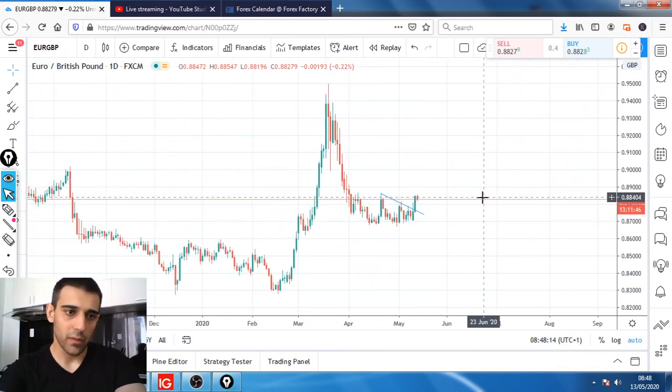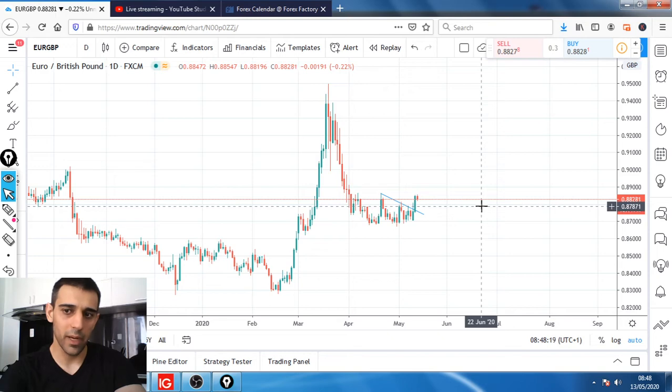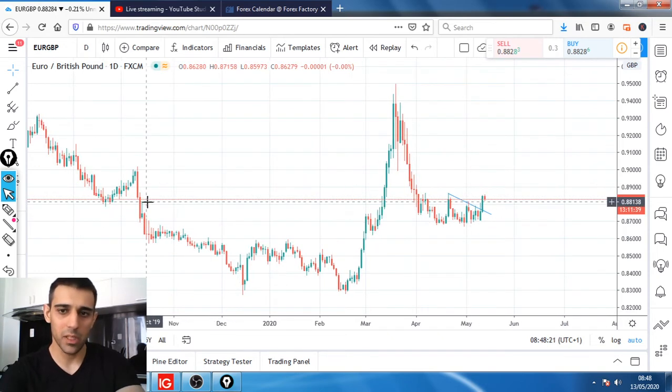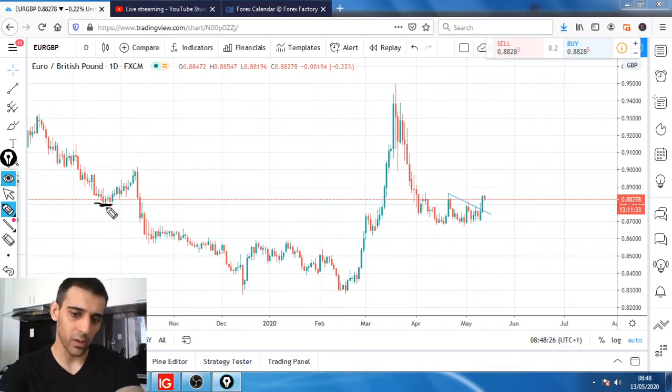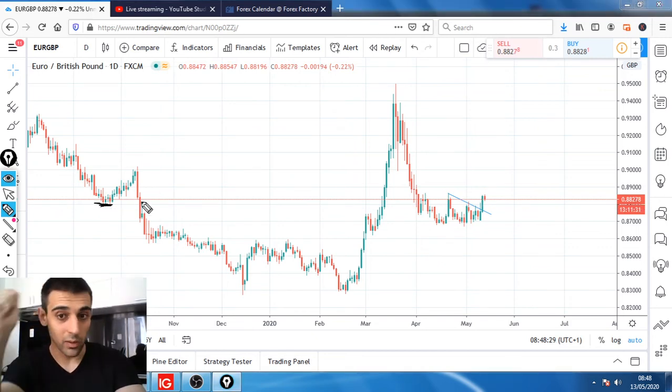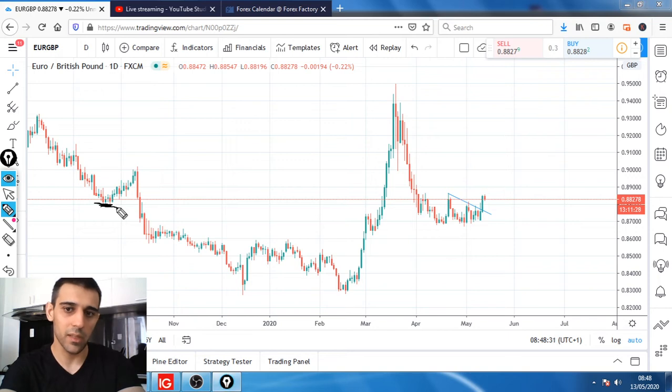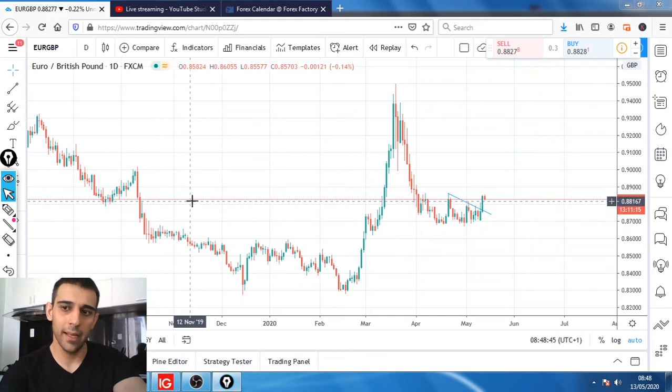But I do see the potential if the price comes down at around 88.10, maybe we can go a bit further to 87.90, depending on if it wants to take out this spike low. I'm going to be waiting for the price to take out this spike low, because if the price comes down to this level, that gives me that extra 20 pips, which will give me the risk reward I want. So I'm personally going to be waiting for the entry down to this level. But you can justify taking the 88.10.